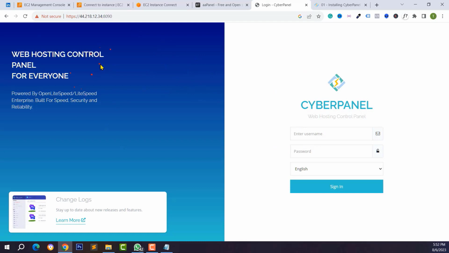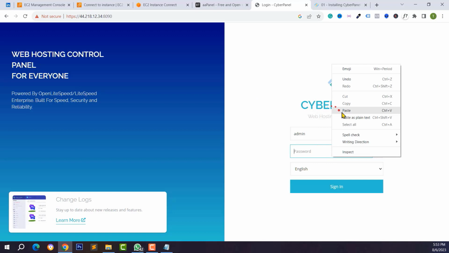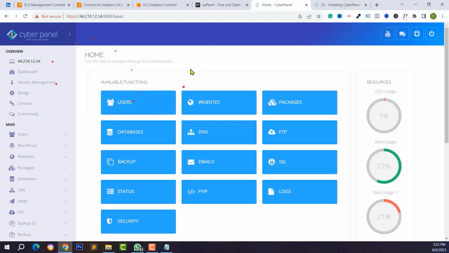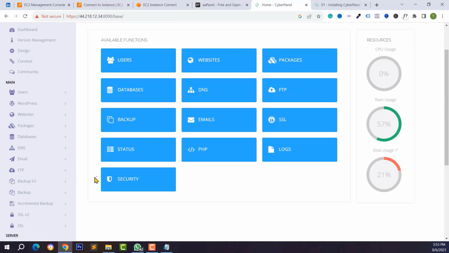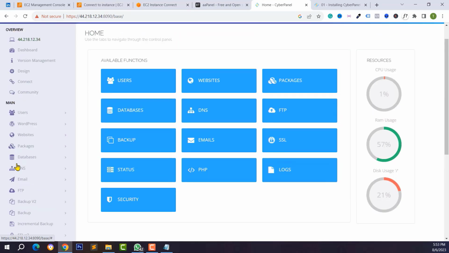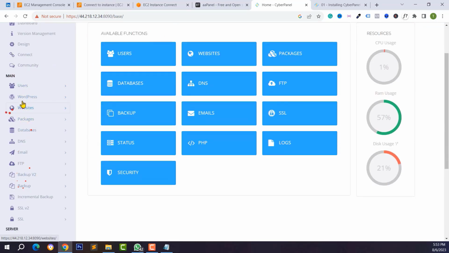we have successfully seen this page. Then type your admin username for CyberPanel and type your CyberPanel password. Our CyberPanel password is 1234567. This is my default password, and I will show you how to change it from your CyberPanel. As you can see, this is our CyberPanel dashboard. You can easily control your website, make website backups, and install WordPress or any PHP script